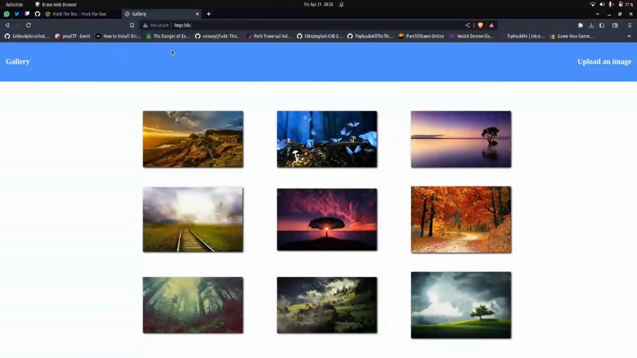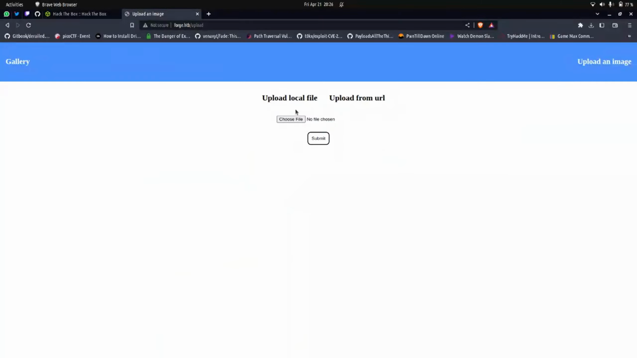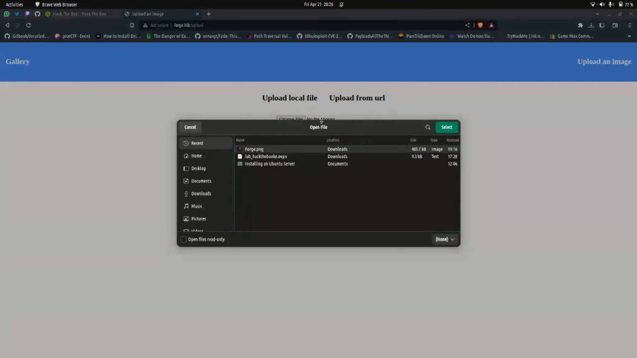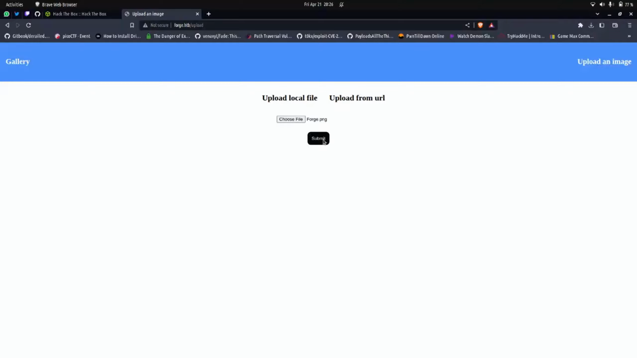Since there was an upload panel, we can actually try and interact with that. We have two options: to upload from a file and to upload from a URL. So we can first interact with the file. I'm going to put this image, the Forge image for the box. And when we submit it,